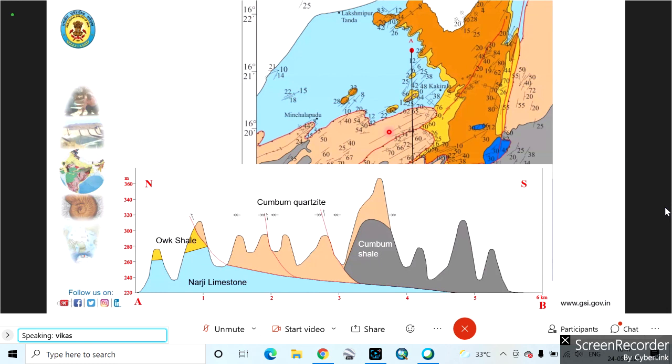Okay, like this, once you have identified, it is always better to prepare cross sections. Prepare n number of cross sections in the field itself, even in your camp or after coming back. Many people working in the Himalayas do this regularly, because inaccessibility is very important there. You cannot go to every outcrop, and cross sections are very helpful. So you should always prepare similar things.